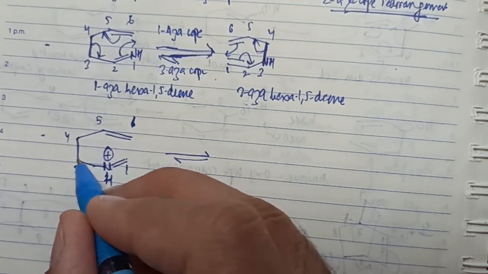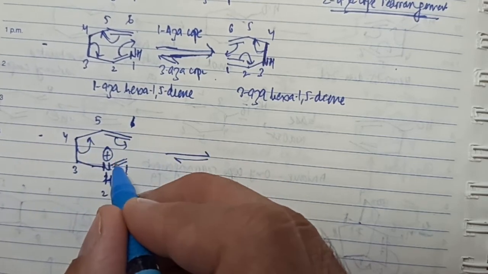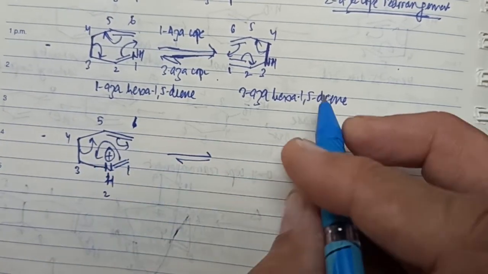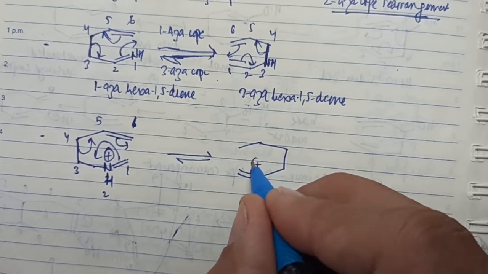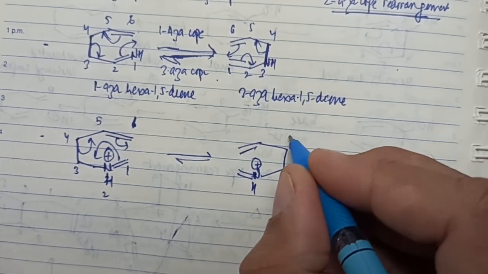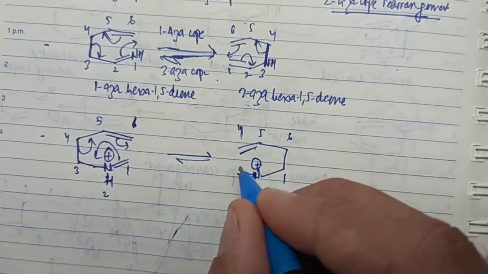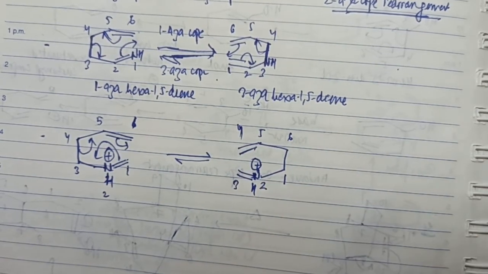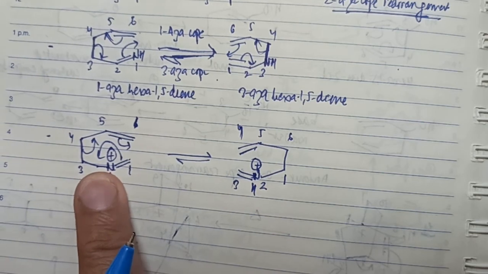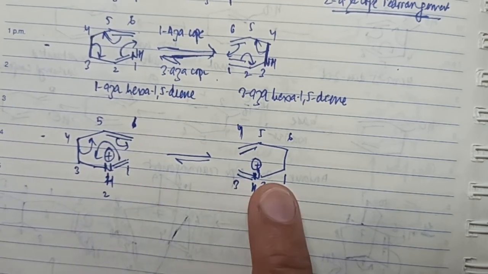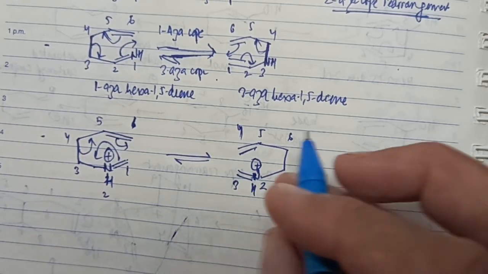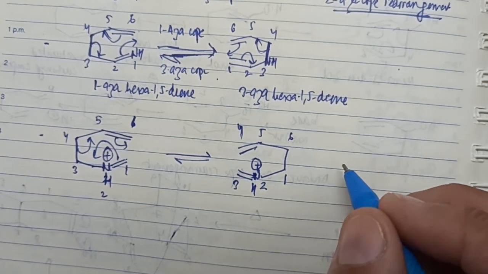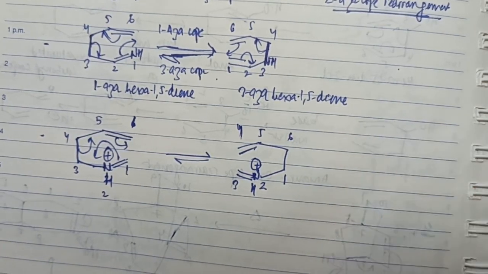Now what will happen? The reaction process is again similar. If you have to write the product, we need to move the bond arrows in this direction, and the product will be this one. Still positive charge here. This was first, sixth, fifth, fourth. This is 3, and this is the second atom. So going from the reactant to the product is a 2-aza-cope, and going from the product back to the reactant is again a 2-aza-cope rearrangement, which occurs in the iminium ion. So the substrate for the 2-aza-cope rearrangement is the iminium 1,5-hexadiene system.